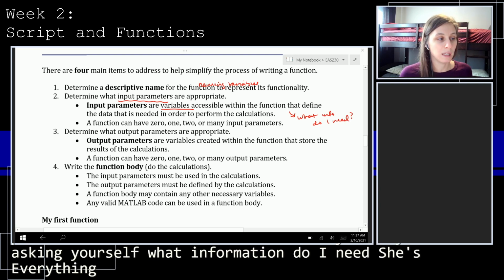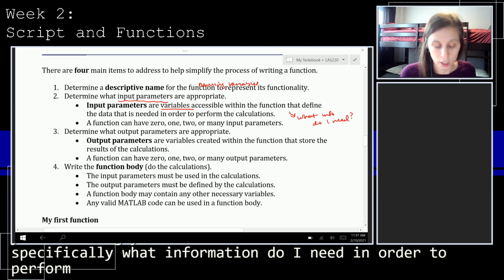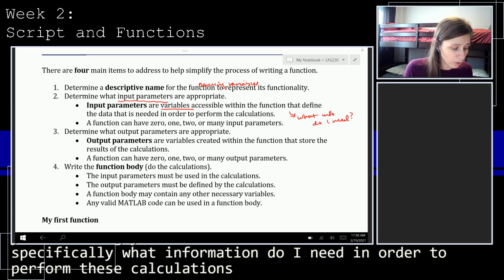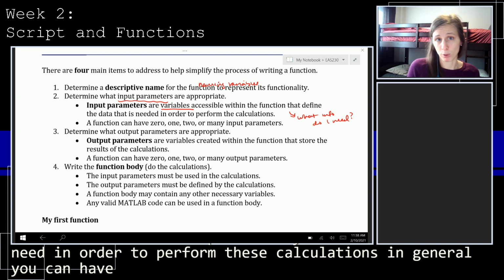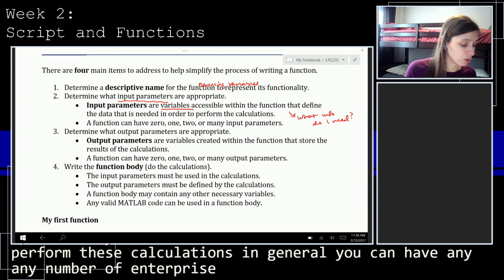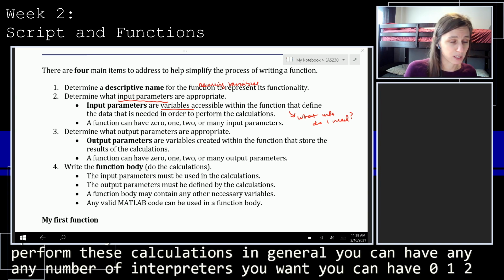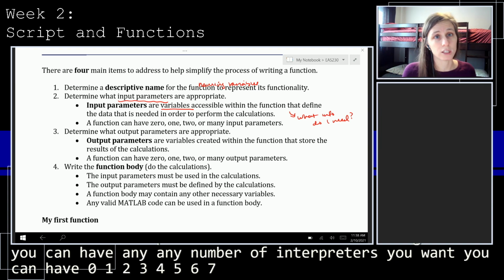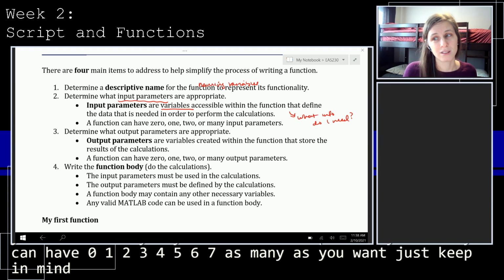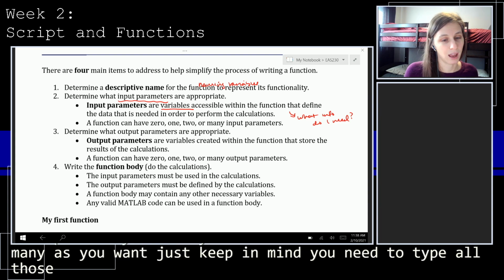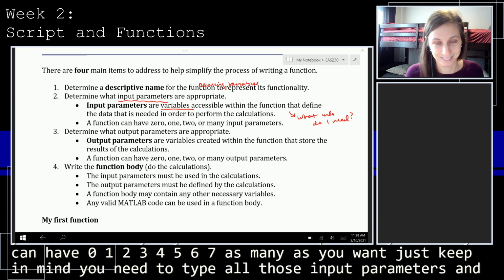Specifically, what information do I need in order to perform these calculations? In general, you can have any number of input parameters you want. You can have 0, 1, 2, 3, 4, 5, 6, 7, as many as you want. Just keep in mind, you need to type all of those input parameters, and it should be practical.